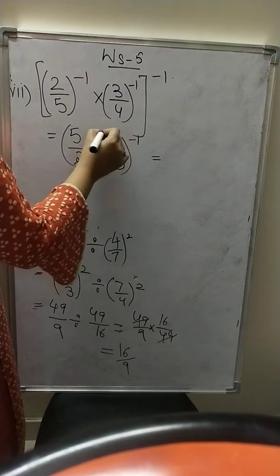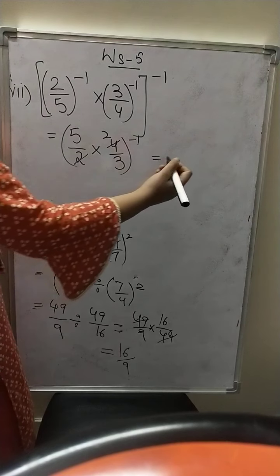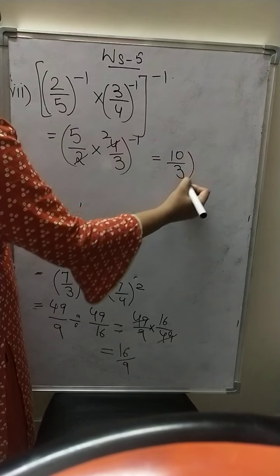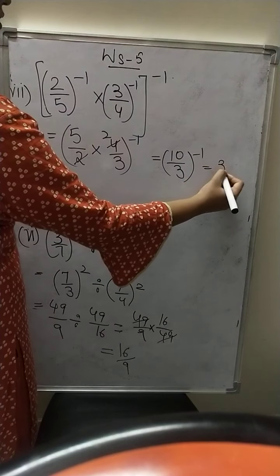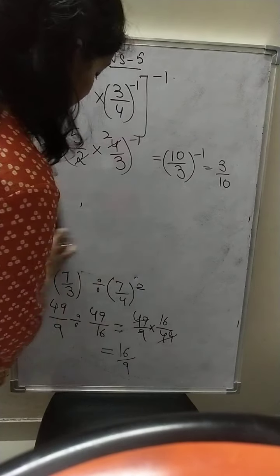So this is, here we cancelled. What do I get? I get 2/2 on cancelling. So again here 5 2s are 10/3 raised to the power of -1. So the answer here comes out to be 10/3. So the answer, 10/3 raised to -1 will be written as 3/10. So now students, let's move on to the next part of the question, that is the eighth part, and let's see how to solve that.